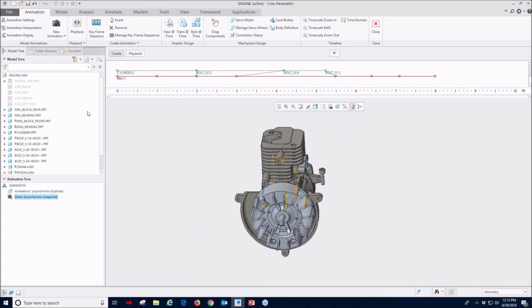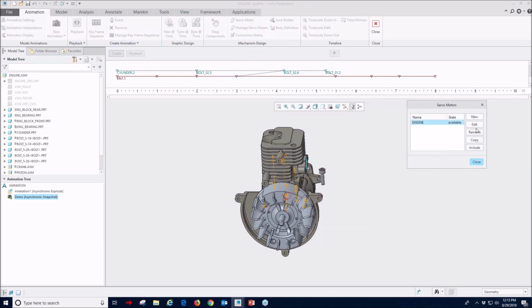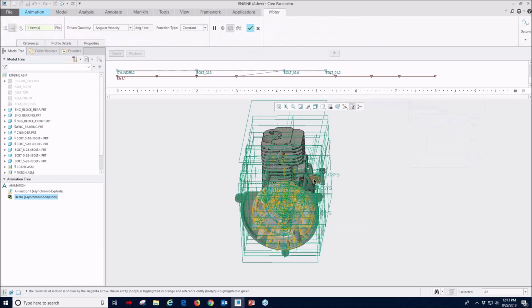Because I'm using my snapshots, I also have access to some of my mechanism functionality. So I actually can go in once we get to this position, and I can tell it to animate with a servo motor. And so I can tell it to manage servo motors. I can tell it